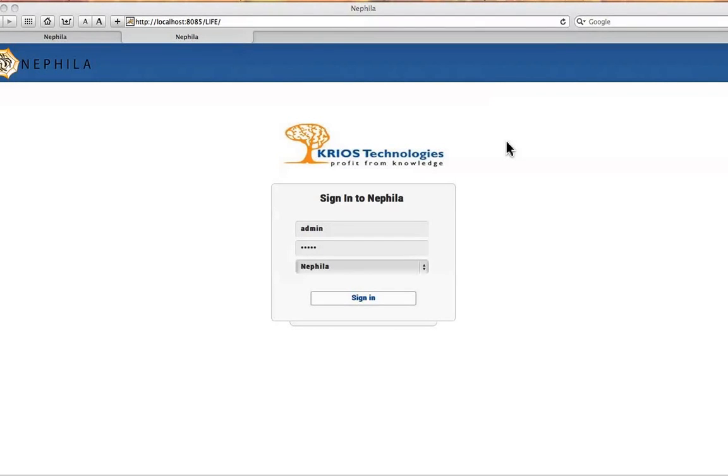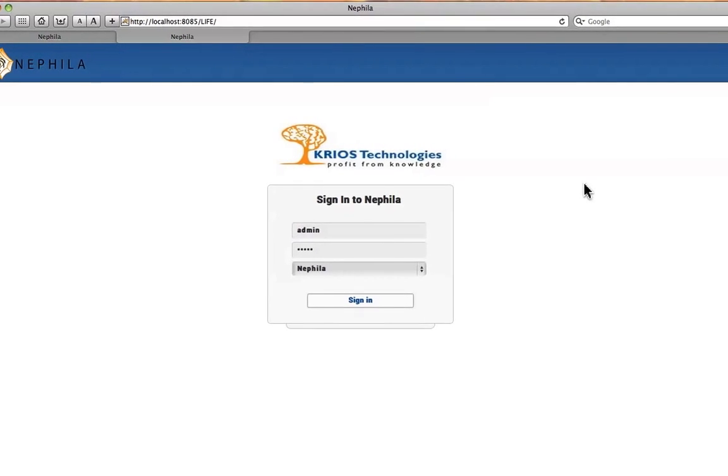Thus, the whole premise of Nephila works on the triumvirate of performance, people, and knowledge. It has a basic entry screen wherein users can enter their user ID and password, and it's completely rights managed. As you log in,